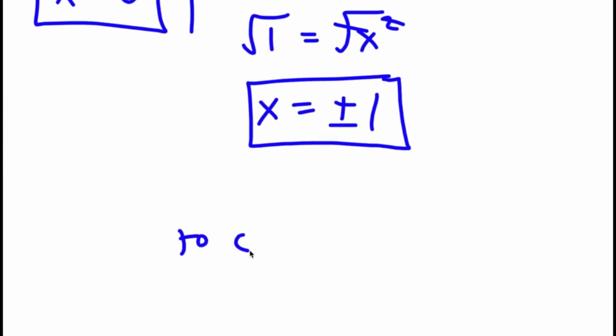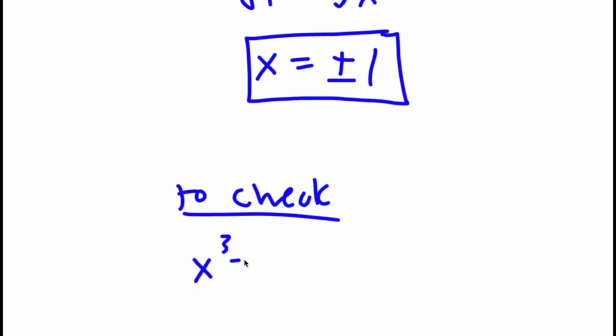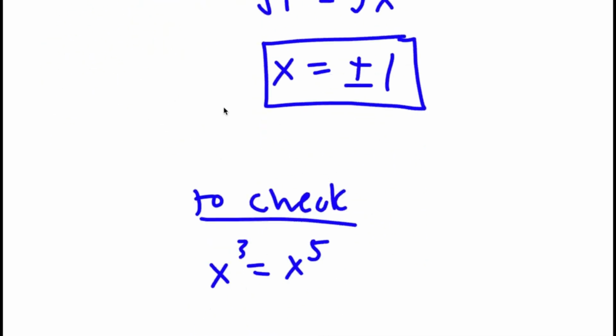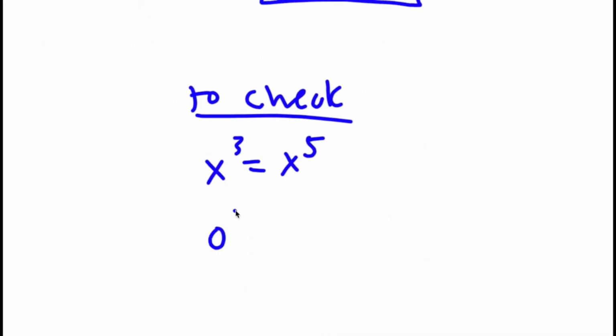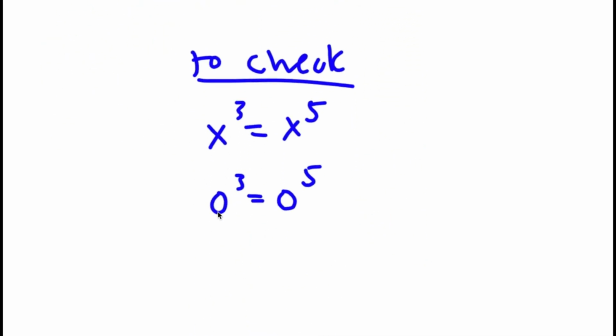So now to check, I have x to the power of 3 is equal to x to the power of 5. So first off, let's check 0. If x equals 0, I have 0 to the power of 3 is equal to 0 to the power of 5. 0 to the power of 3 is 0, 0 to the power of 5 is 0, so this is